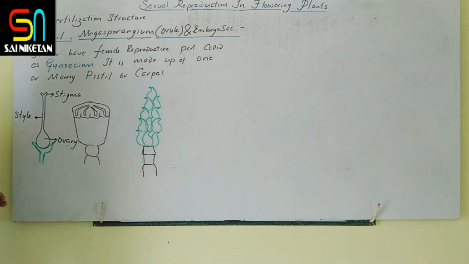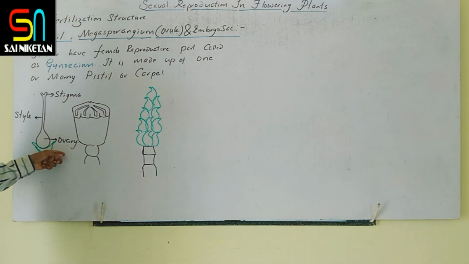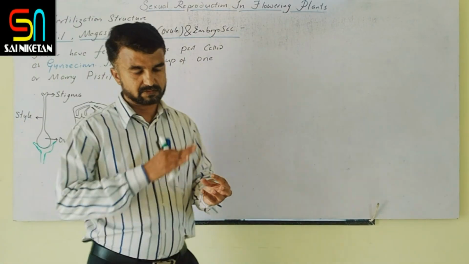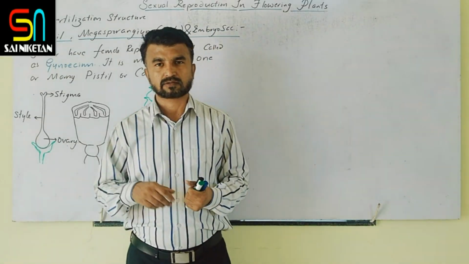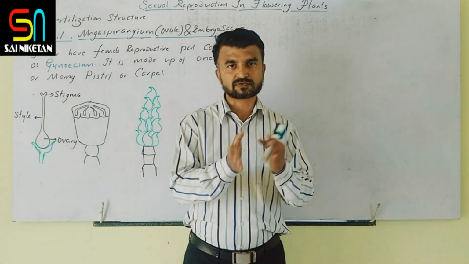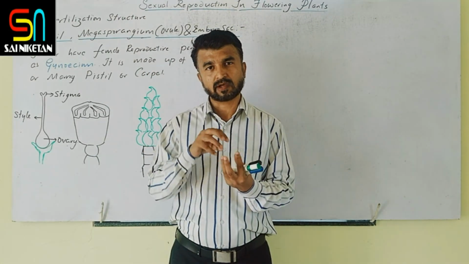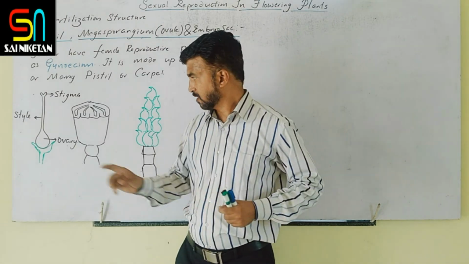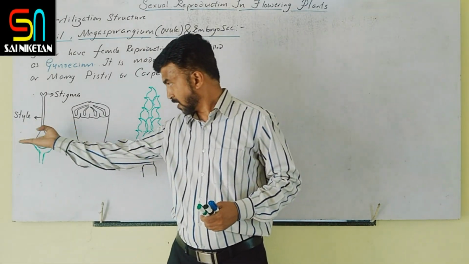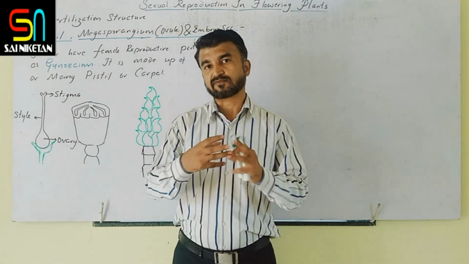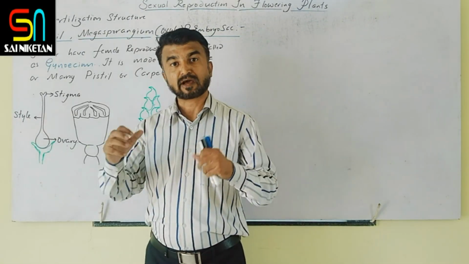What is the difference? When you take hibiscus, it comes under the Malvaceae family. If you cut the lady finger, which is a fruit, a post-fertilization structure, you will see 5 chambers. If you cut the transverse section of the hibiscus ovary also, you will get 5 chambers. So that is 5 carpellary.